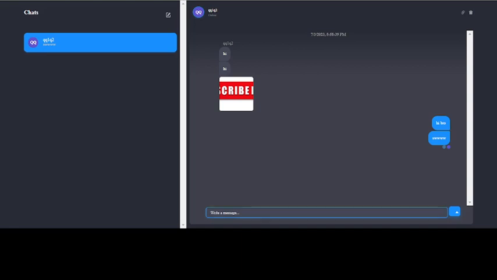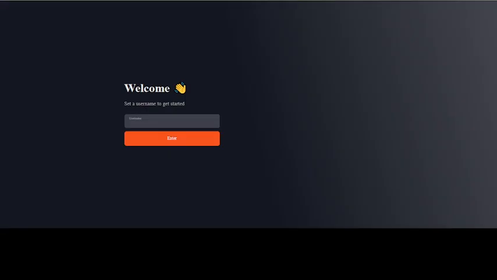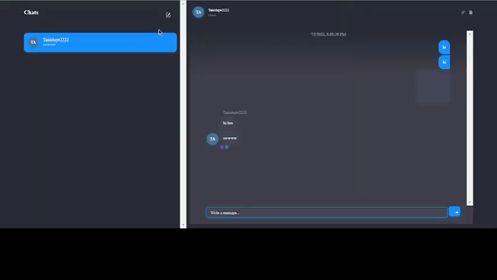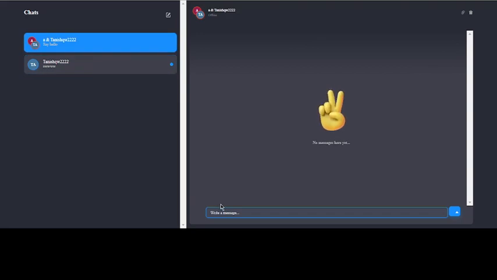It's so cool. So right now, if I were to refresh the page, I would be redirected over here, and I can enter my username, and if I click enter here, then search for a user and add them, there's a group over here. See that? Bam. See that? This is the full